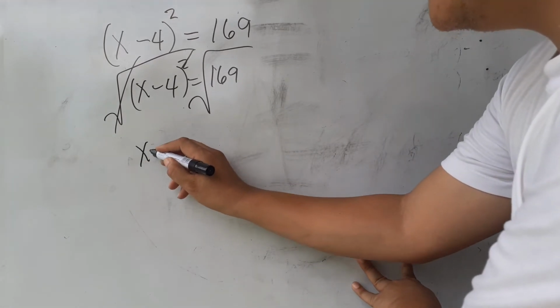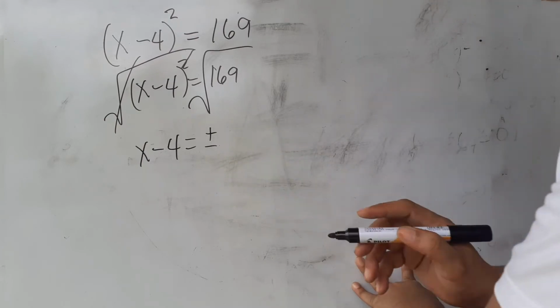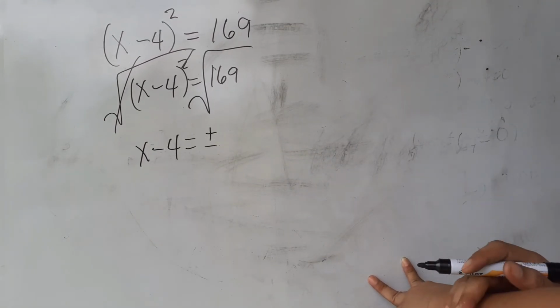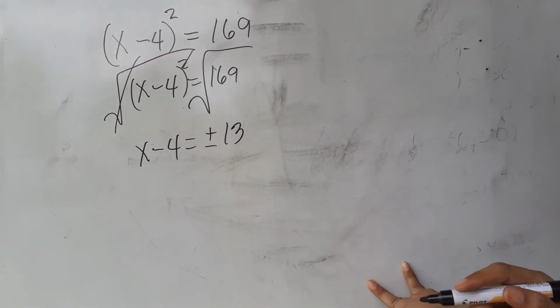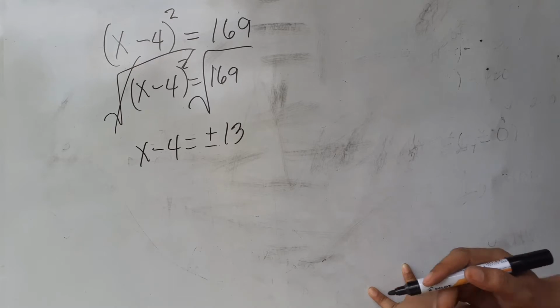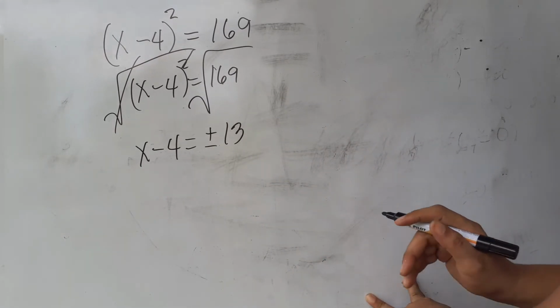So, we have x minus 4, it is equal to positive, negative. Get the square root of 169. And the square root of 169 is equal to 13. Okay. So, kung gagawin dyan, we will have to combine all similar terms. So, dito,